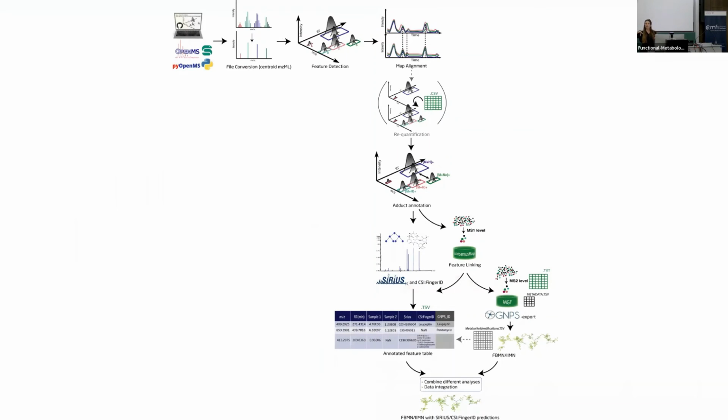So we will create a library of metabolites that have some non-missing values. If there is at least one missing value in your intensities, the workflow will create a new library, and then this algorithm, which is usually used for targeted metabolomics, will take that library and reiterate over the raw data and pick out even low intensity peaks, features that were filtered out by the feature detection algorithm, and requantify the whole feature throughout all the samples.